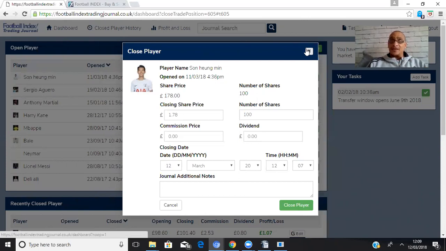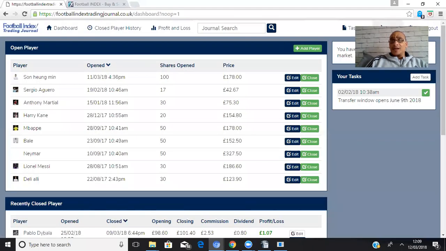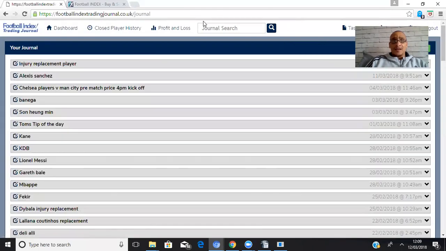Even if the top end is 20, the bottom end is 10, but the average is 15, you know that actually you can get a good 15% average out of this. So it's all about taking the right actions all the time. And if we go back to the journal here,